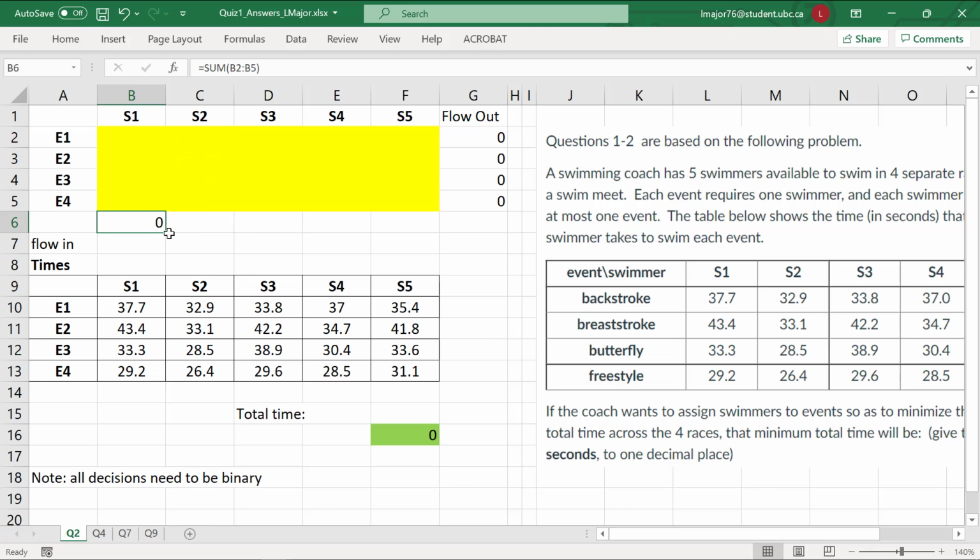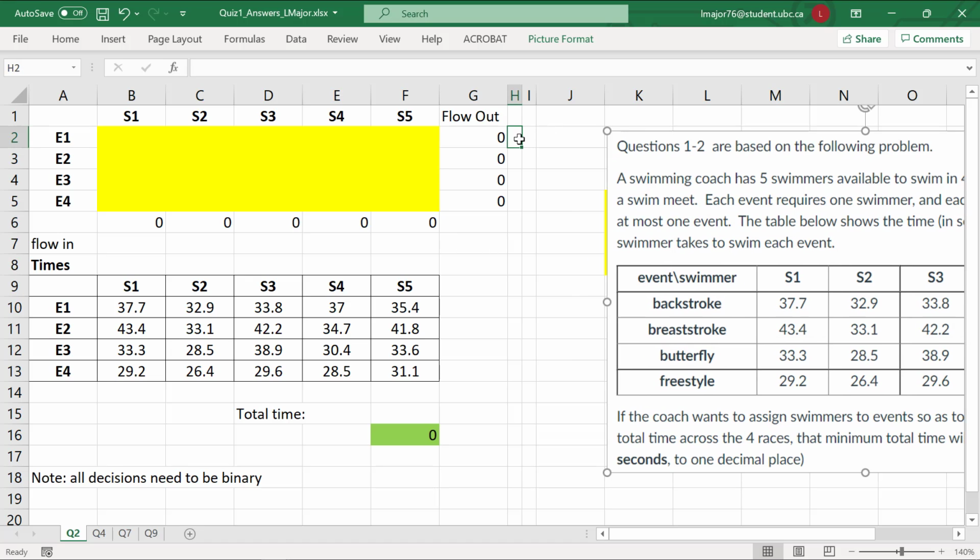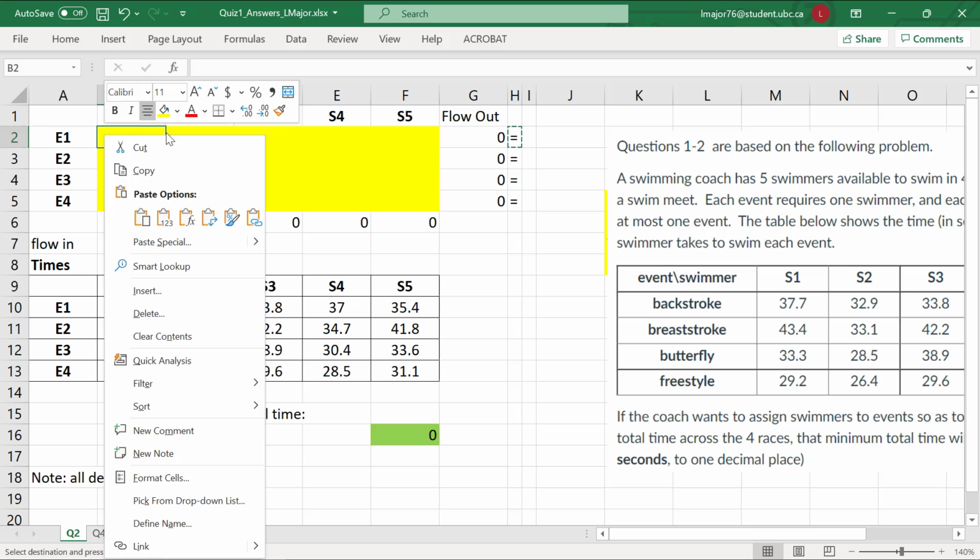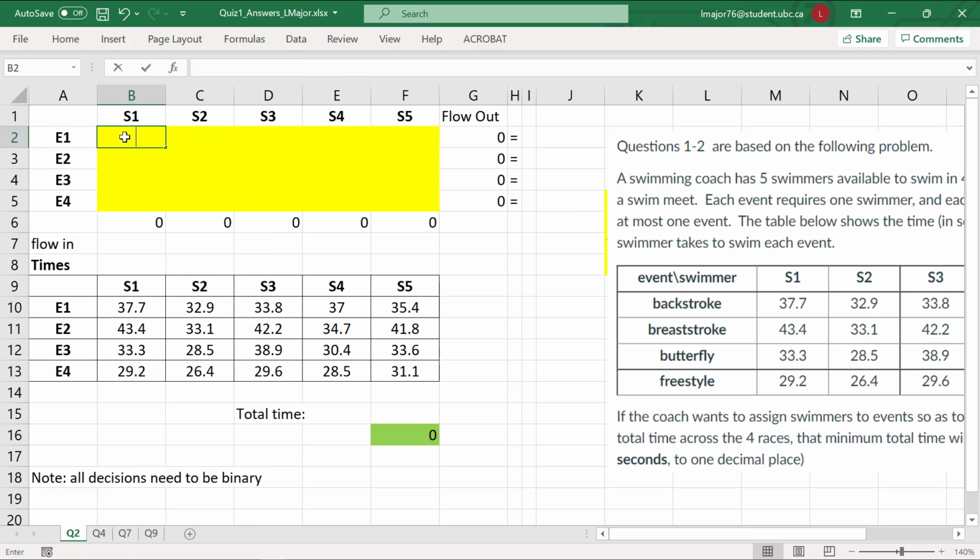There we go. And then we pull it across. Okay, and what we're going to need here, because we need every event covered once by one of the swimmers. If these are all 1s and 0s,